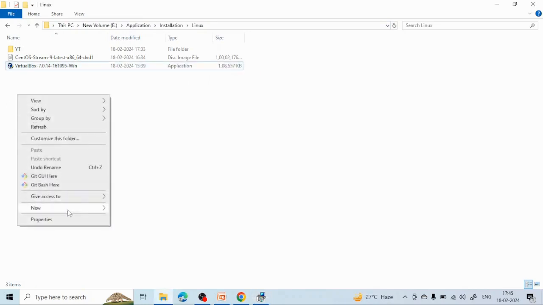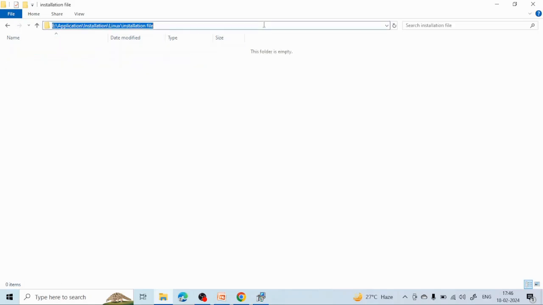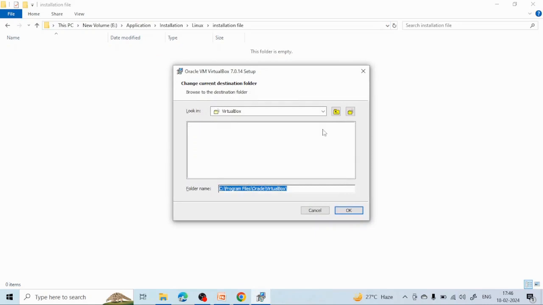Let me create a new folder, that is the installation file. I'm going to use this path for the installation of this. I'm not going to use the C drive. You can change this from here itself. I'm going to use this path. Okay,